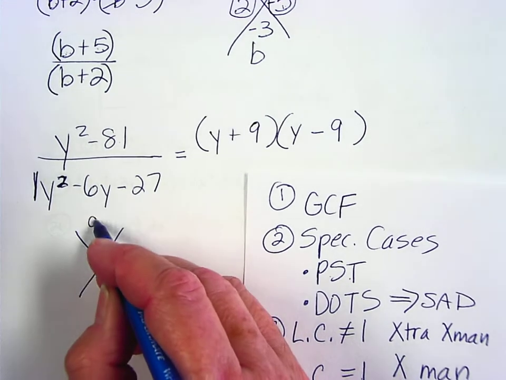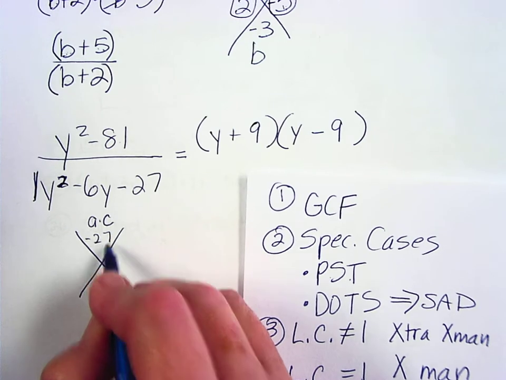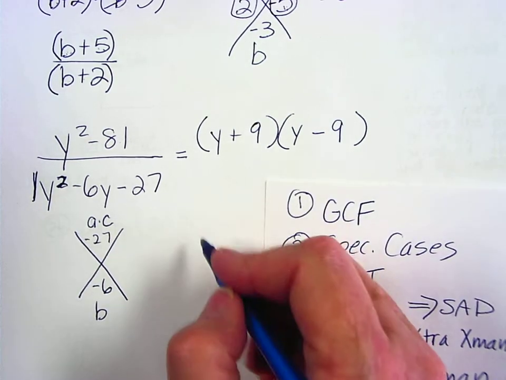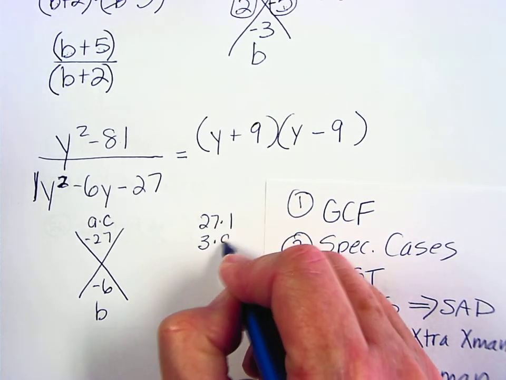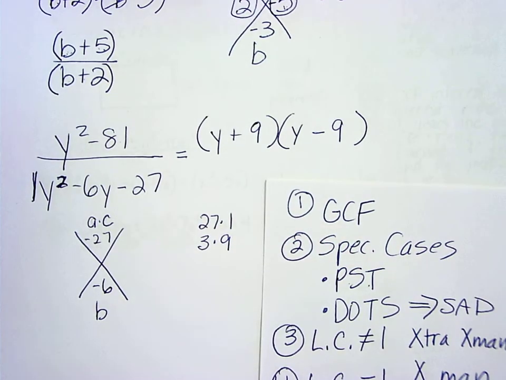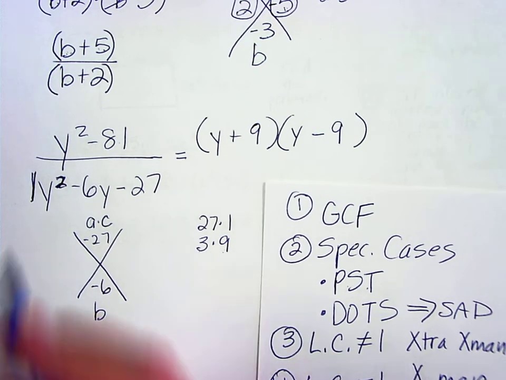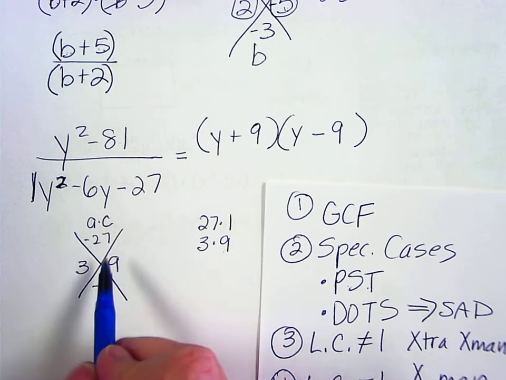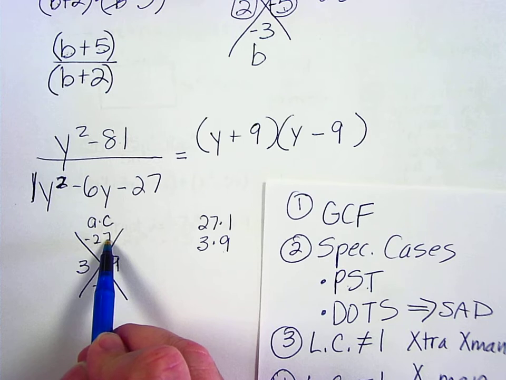A times C, 1 times negative 27 is negative 27, and B is negative 6. Let's see, 27 is 27 times 1, and 3 times 9, and I think that's it. When I look at 9 and 3, their difference is 6, so I bet we can make those work. So 3 times 9 is 27, but I need it to be negative, so I'm going to make one of